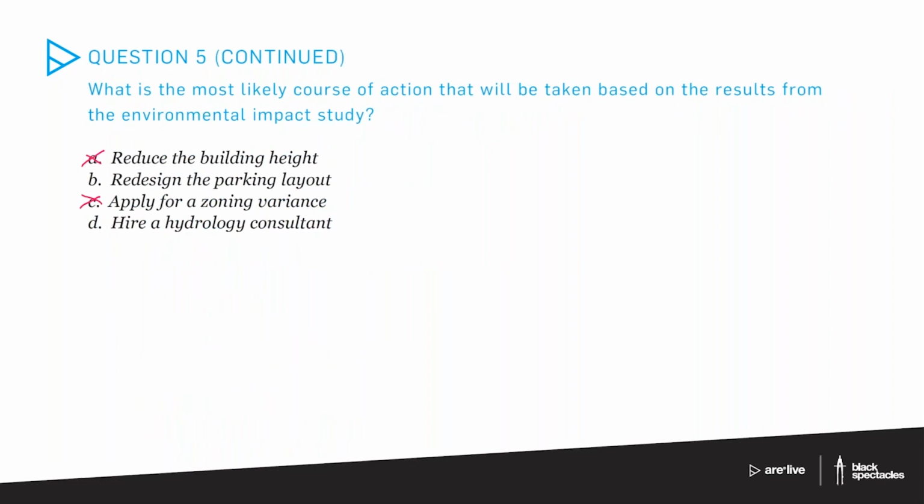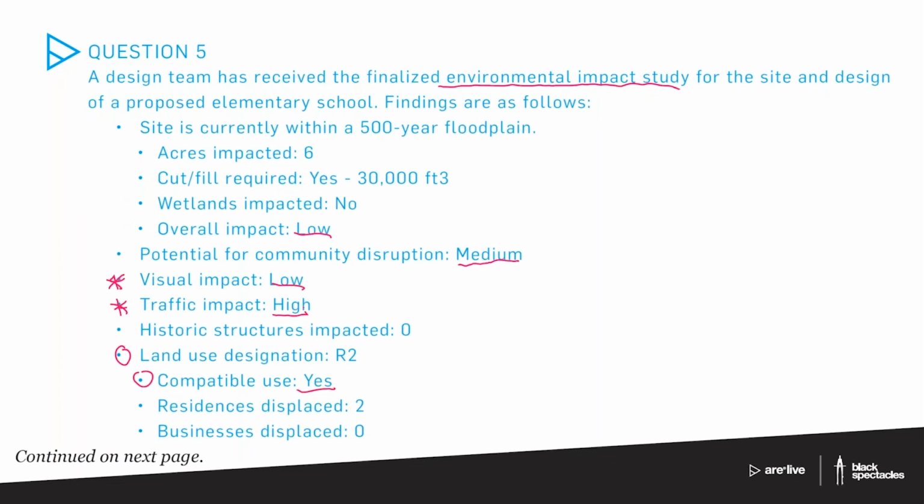The last one, choice D, hiring a hydrology consultant. For this choice, we're going to look at any of the findings and see if they indicate there's an issue with potential stormwater management or groundwater or flooding. It is noted that this building is in a 500-year floodplain. Looking through the rest of the information provided here, there's no wetlands impact listed, and I'm not seeing anything about stormwater issues. So let's just think about the 500-year floodplain